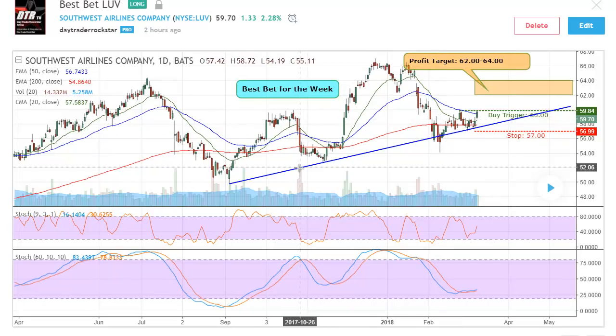So we're going to say that this trend line, this blue line underneath this, is still very active, and we have an active trend line that kind of breaks due to news, but comes back above it. It's still a valid trend line, and we would trade off of it. So it did come back to it, and we bounced, and now it's actually pushing higher. So we have a buy trigger on this. We expect this to push back up into the bigger pattern, and it just looks good. It looks like Monday could be a breakout on this,